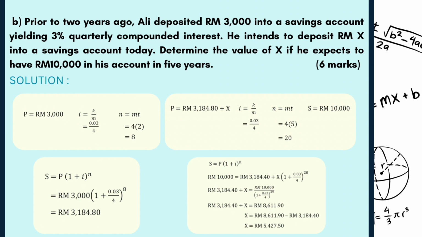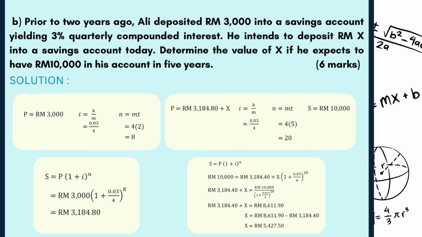Next, substitute all of it into the compound interest formula and solve it normally, where you will get the accumulated amount 3,184 ringgit Malaysia and 80 cents. The question then continues and says that Ali wants to deposit X ringgit Malaysia into his savings account today. We need to determine the value of X if he expects that in 5 years, his account will have 10,000